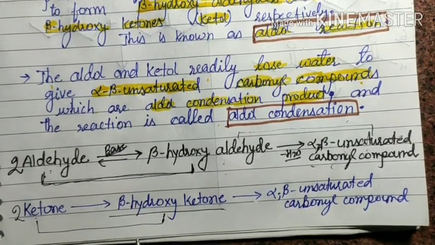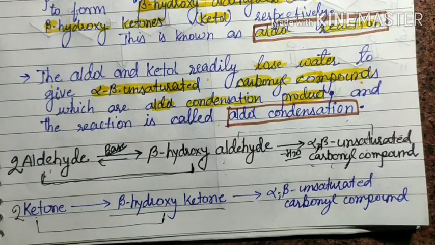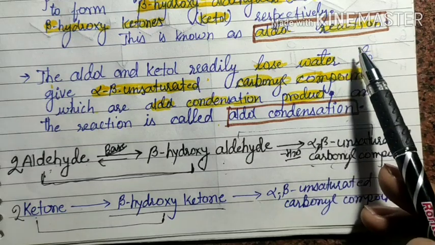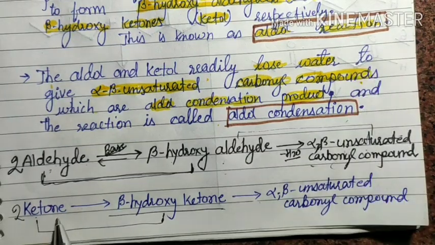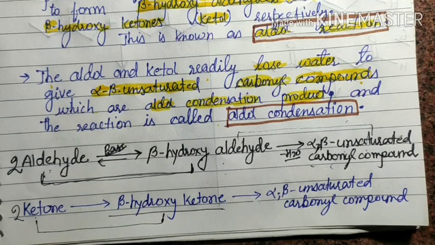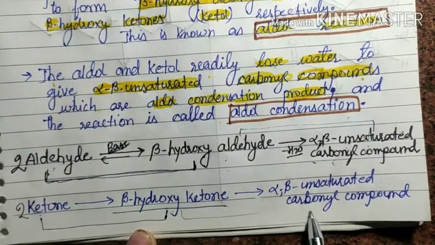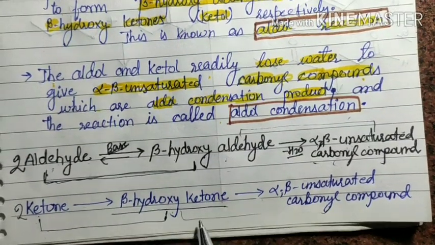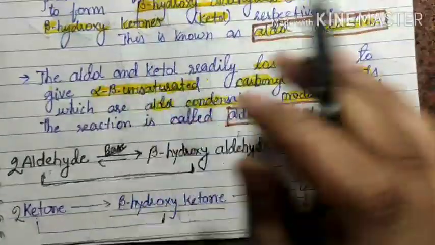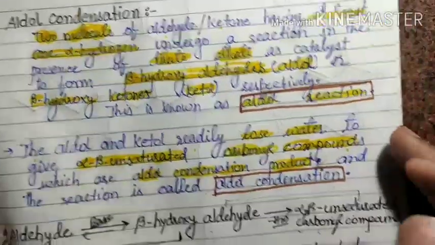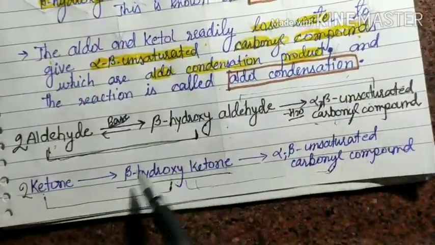Suppose it is not called ketone reaction because aldol is set up for both, because first we discuss about the aldol. So ketone also gives a similar reaction as aldehyde, so it is also discussed under the aldol heading, not a separate heading for the ketone. So this is the aldol product, and after this is aldol condensation. So this is the aldol reaction and this step is aldol condensation. So all about whatever I write here, you may understand in this picture form.